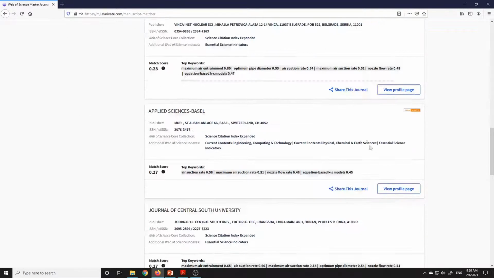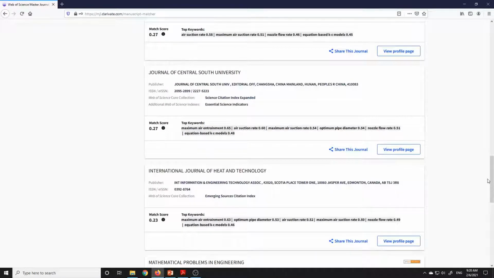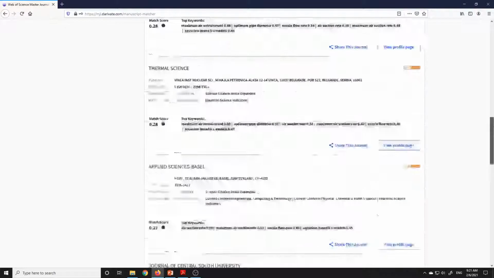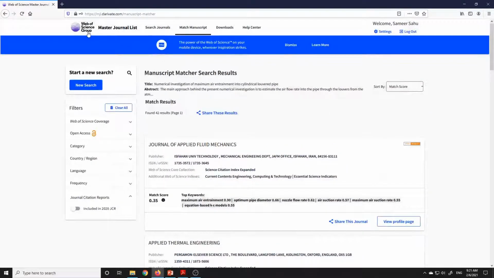Earlier in my videos, when I told you the benefits of using Publons, it is all under Clarivate: Publons, Web of Science, Master Journal List, everything. So having an account in Clarivate will give you lots and lots of benefits, and this is one of them.